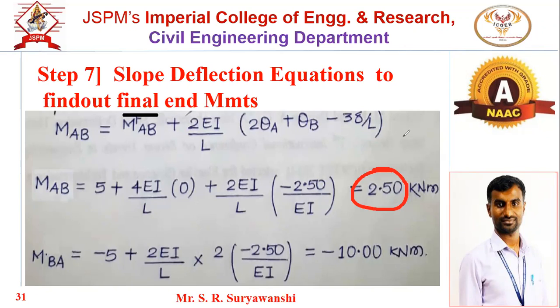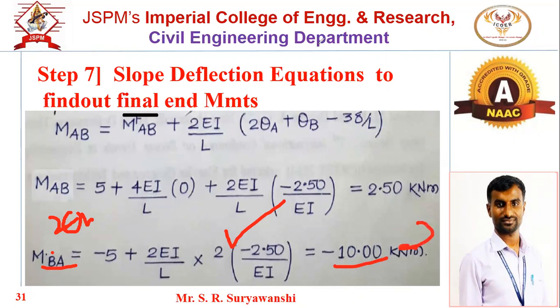Anti-clockwise, correct, because anti-clockwise is positive as per our sign convention. So this will be anti-clockwise. Similarly, get the moment for M_BA. M_BA equals M-bar_BA plus twice of EI by L in bracket theta A plus twice of theta B. This will be twice because the first alphabet is B, so the slope of that will be twice of theta B. If you solve this, you will get minus 10. Minus 10 means clockwise moment. This is for the AB member.